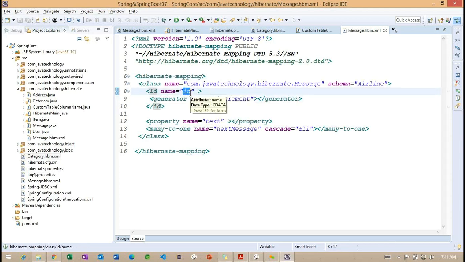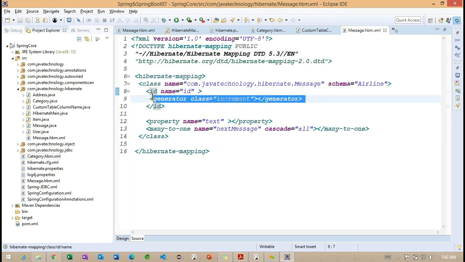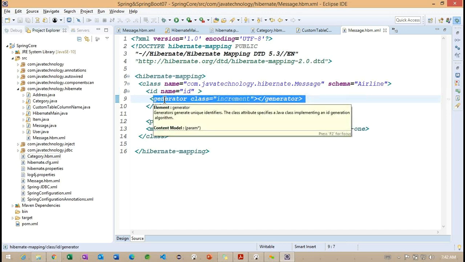So here we are trying to work with this particular message ID. So here, as the user, we are not providing anything. Getting the point. As a user or as a developer, we are not providing the primary key value dynamically here. So automatically the primary key value is going to be incremented based on the max value of this particular primary key. So this is the behavior of this particular increment here.